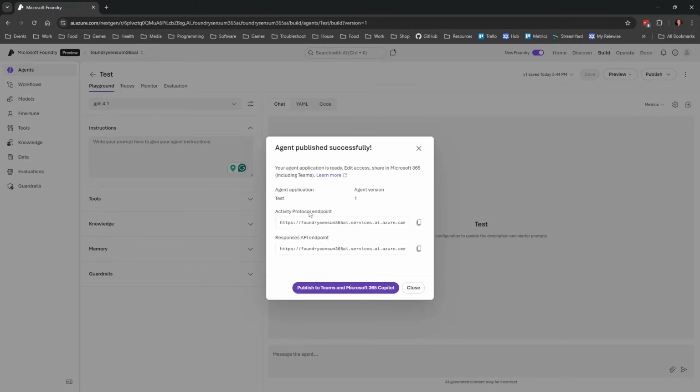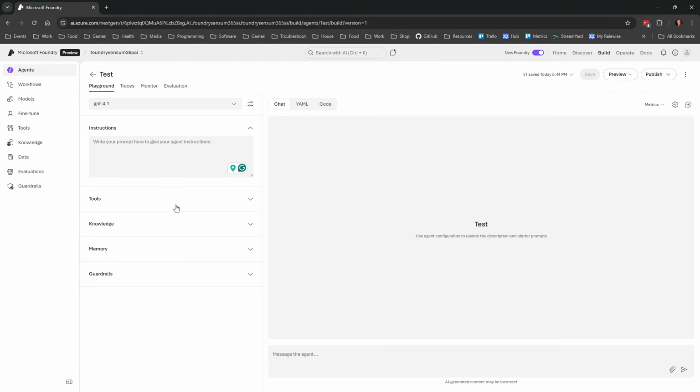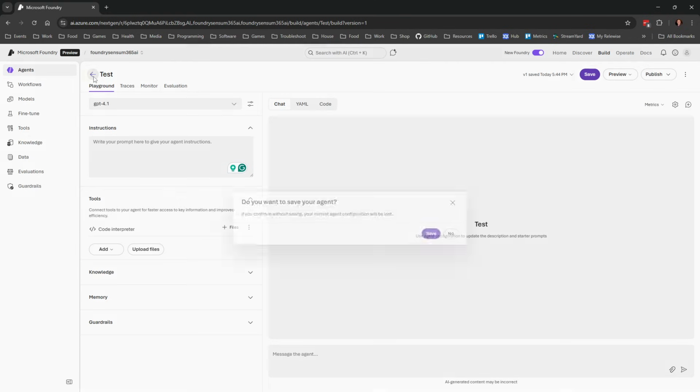And I could get an activity protocol that's for Microsoft Teams and the bot service, and Response API, where this URL is specific to this agent, meaning the name is in the URL. So everything can be done up from here. I could go in and say I want the code interpreter tool, and then it would know the code interpreter tool and so on.